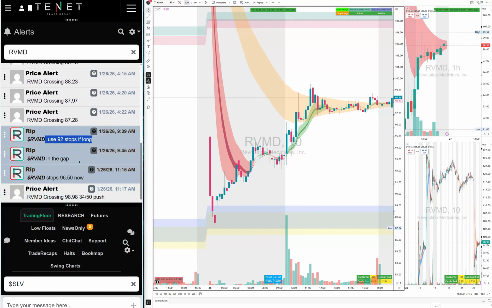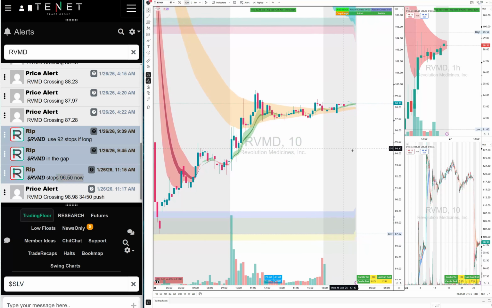Once it pushed to the gap, I told the traders it's in the gap. We moved the stops to 96.50. It pushed all the way to 99. So from the 95 longs or 94 longs, risking $2, you made like $5-6. So that was a call. You see the 512 calls holding the pre-market lows, breaking the pre-market high level in the gap, rejected, but this was your main trade. You could get out here, and when it's sideways, you could get out here as well. We'll be watching what it does tomorrow, but that was a beautiful trade today.